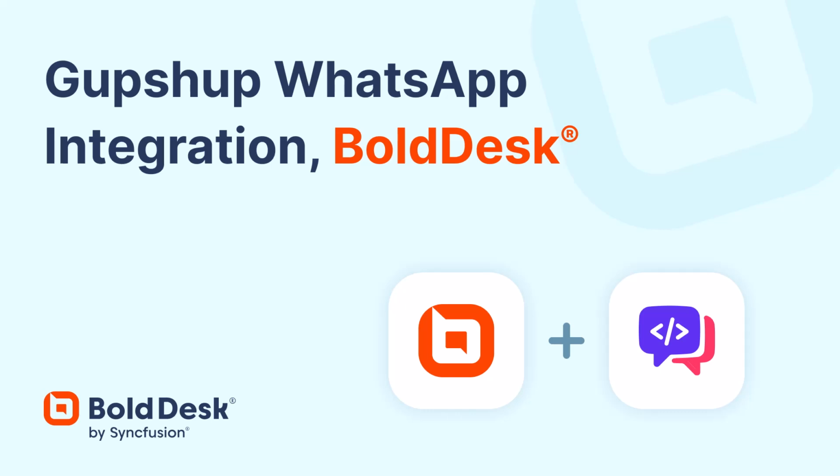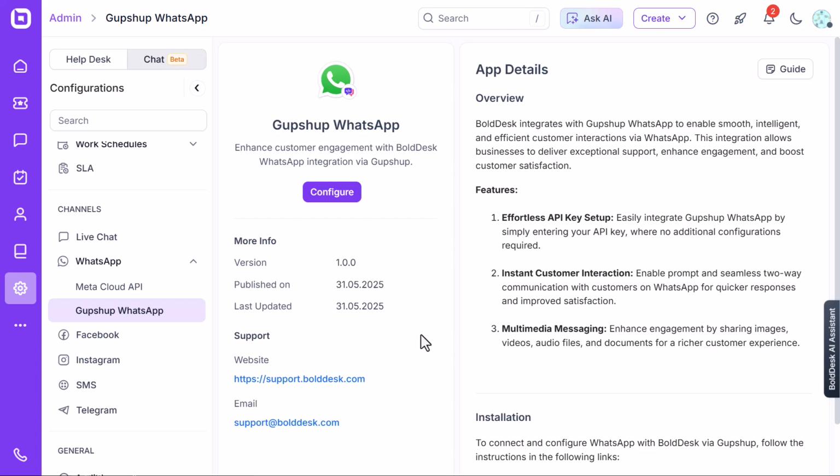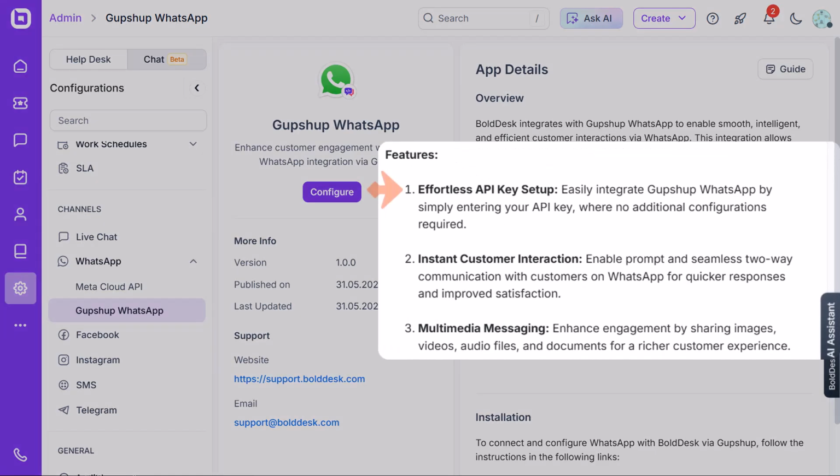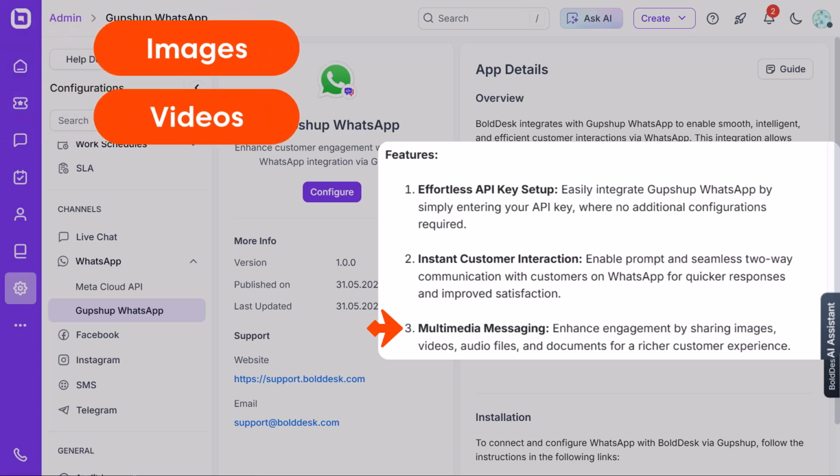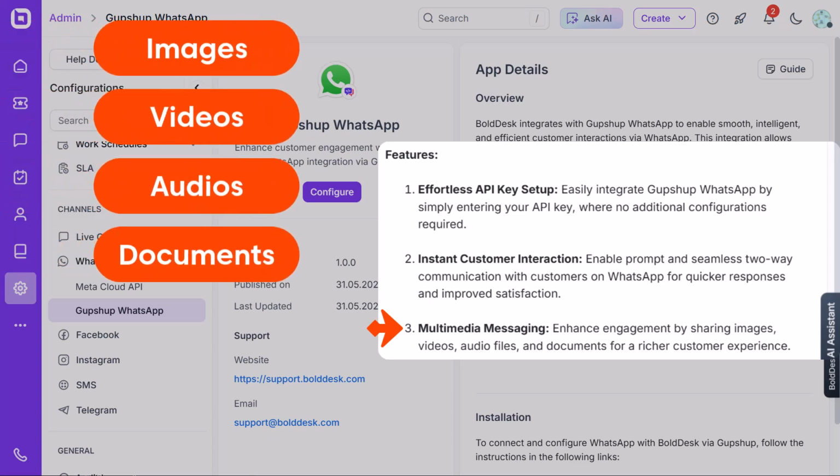In this video, I will walk you through configuring Gupshup WhatsApp in BoldDesk. You'll learn how to set up WhatsApp in Gupshup, add and configure phone numbers, and manage your accounts directly from BoldDesk. With this integration, you can quickly connect Gupshup WhatsApp by simply entering your API key. Enable instant, real-time two-way communication with customers on WhatsApp for prompt, responsive support. And share multimedia content, such as images, videos, audios, and documents, directly in your conversations to create a richer, more